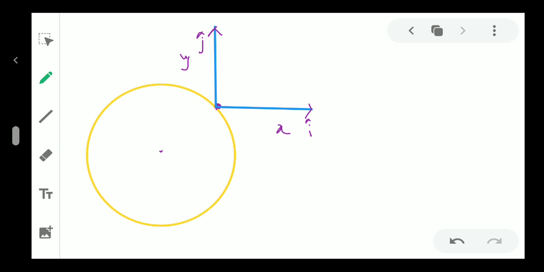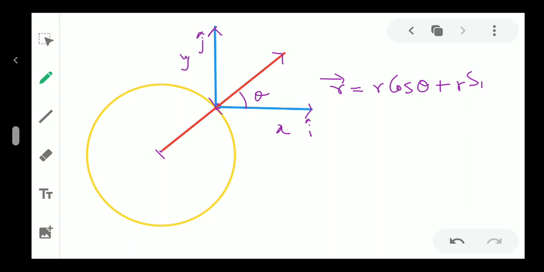Now I know that the direction of my r vector is along this way, so the direction is this way, right? But the value, I know that this much is the value, let it be, but the direction is along this way. So basically if we take r, I can always write r like this, what I told you, that if this is my theta, I can write r vector as r cos theta plus r sin theta,